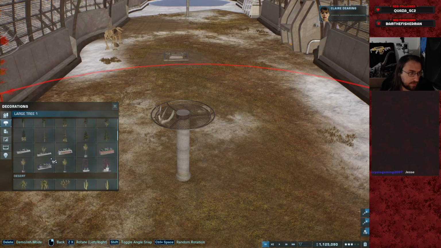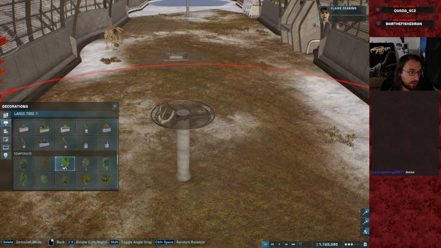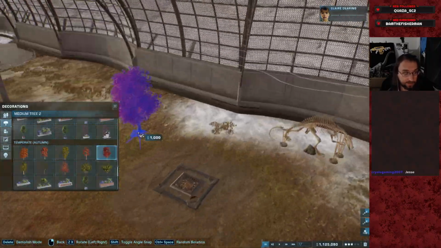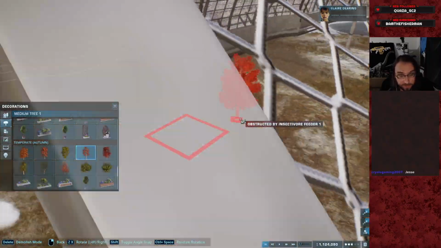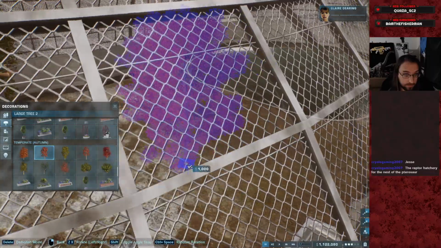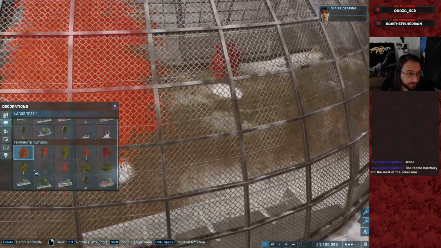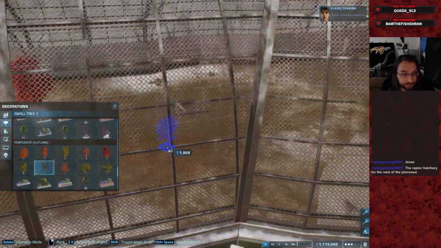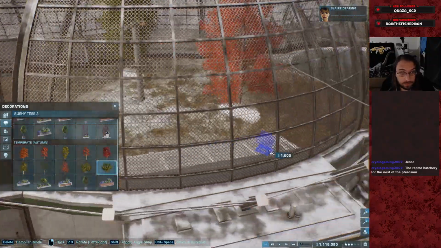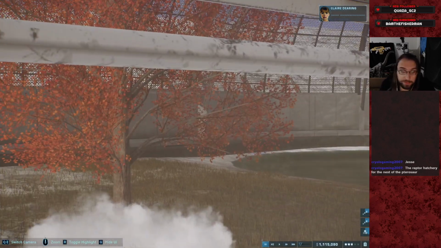Because we got access to all the different biomes, what plants would look good in here? Oh, we could put some autumn trees in. That might be cool, because there's a kind of biodome-esque thing going on here. So I think just throwing down a selection of autumnal trees to flesh out the aesthetics of the enclosure would give it a nice little feel. It would still match the winter aesthetic, but it'd be, you know, a little bit